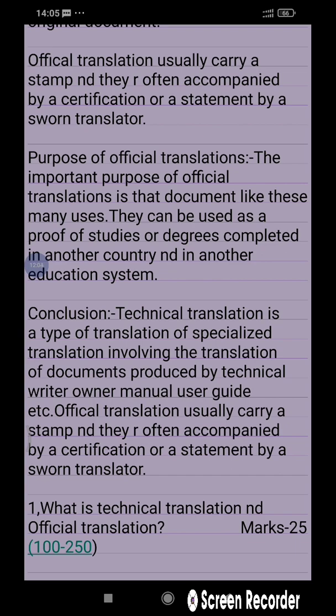The conclusion is that technical translation is a type of specialized translation involving the translation of documents produced by the technical writer, owner's manuals, user guides, etc. And official translation usually carries a stamp, as we see stamp paper and stamps on documents. They are often accompanied by certifications or a statement by a sworn translator. So they are equally important, equally equivalent to the